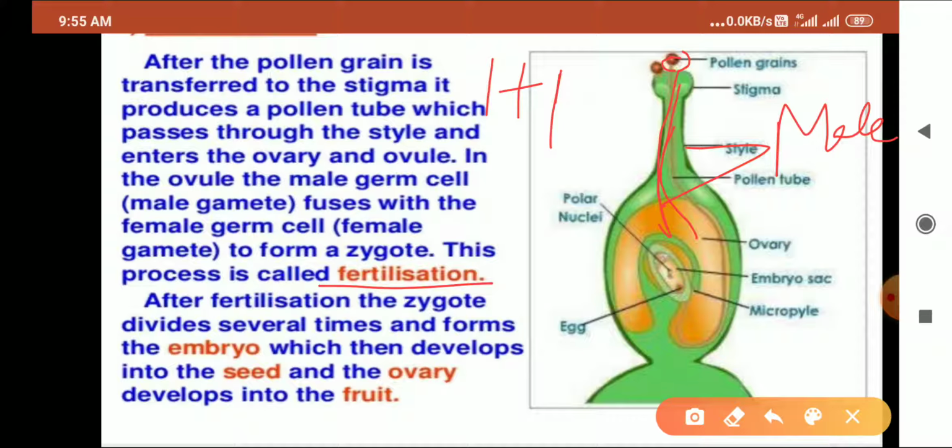This fertilization takes place in the embryo sac inside the ovary, and this structure that is shown here has two ends. One is the micropylar end, and the other is the chalazal end. The micropylar end is the end through which the pollen tube enters the ovule. After fertilization, the zygote is formed by the fusion of the male and the female gamete. The zygote develops into the embryo, the seeds are produced from the ovules, and the ovary results in the formation of a fruit.